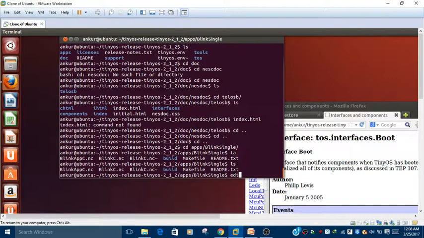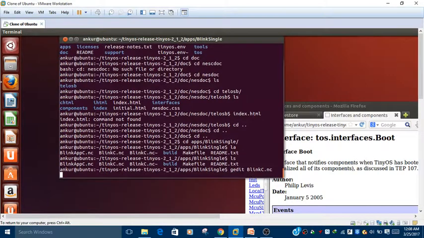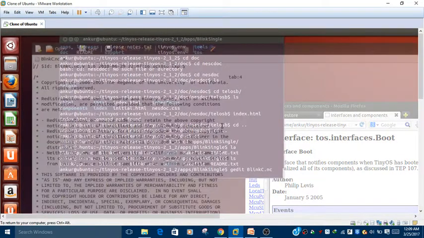So just open it in the editor, Blink C.nc. It will open in the editor. I will show you the definition. In this one, I just embedded one component variable.